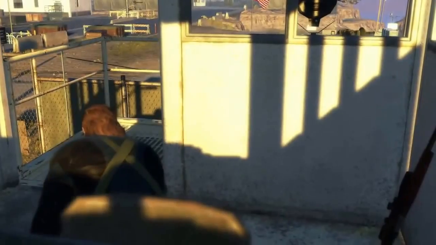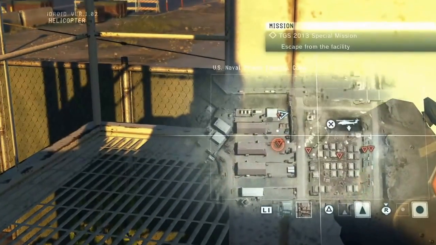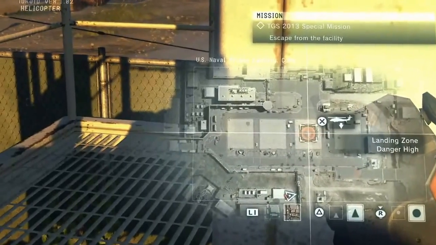Alright, now we're going to call the chopper. Don't call in the chopper if the area's hot. Ideally, you should select the safe zone for calling the chopper, but for the purposes of today's demo, we'll go ahead and call it into